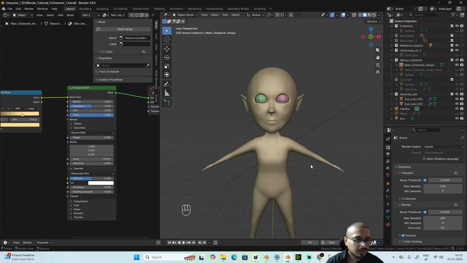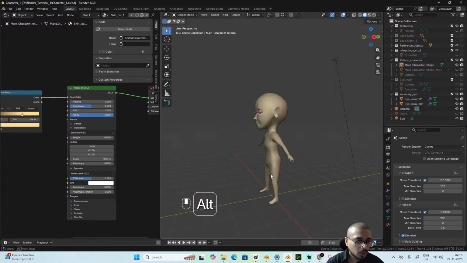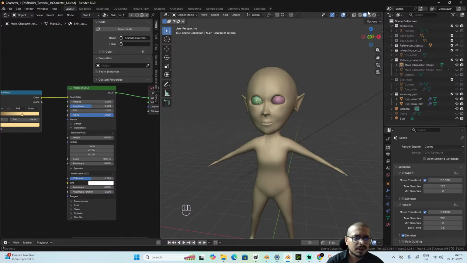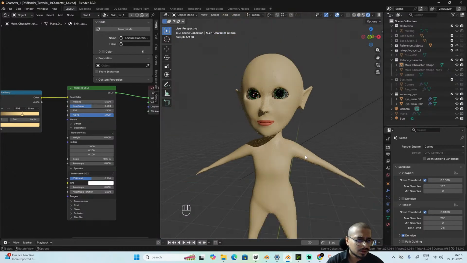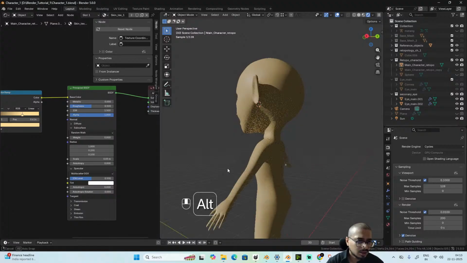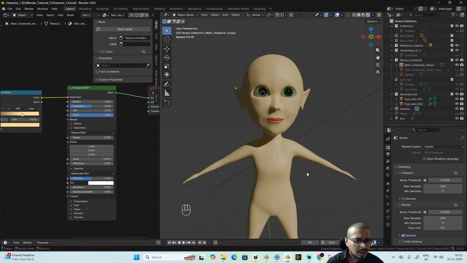So far we have completed the retopology and we have given some textures to the mesh. Now we need to improve the textures. Obviously, they are not the final textures, but